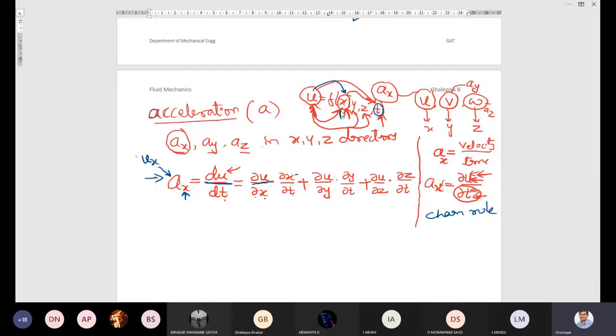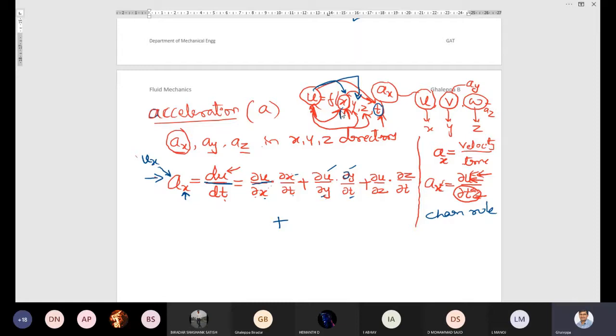Similarly, u is also dependent on y. So dou u by dou y. Why are you applying dou? It means a small change in velocity. That is the reason you apply dou. You can take d also, but if there is only one variable, you apply d. If there are more than two variables, you apply the partial differentiation. So dou u by dou y by dou t. This is the equation I have written. Plus